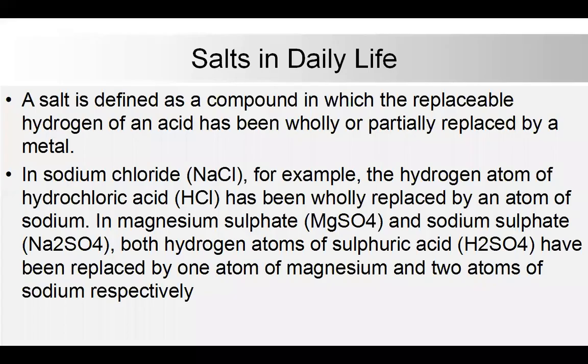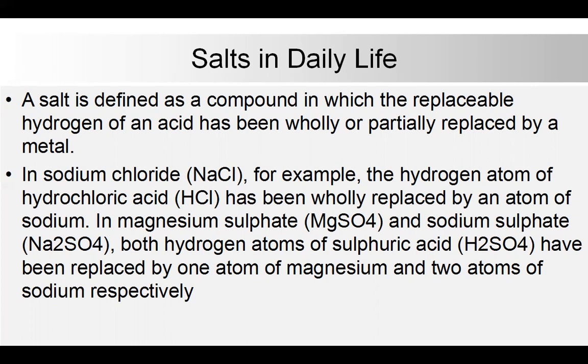Salt can be defined as a compound in which the replaceable hydrogen of an acid has been wholly or partially replaced by a metal. So a salt is the compound whereby the hydrogen of an acid has been totally or partially replaced. This means that there is a whole replacing of the hydrogen or a partial replacing of the hydrogen by a certain metal. For example, in sodium chloride,